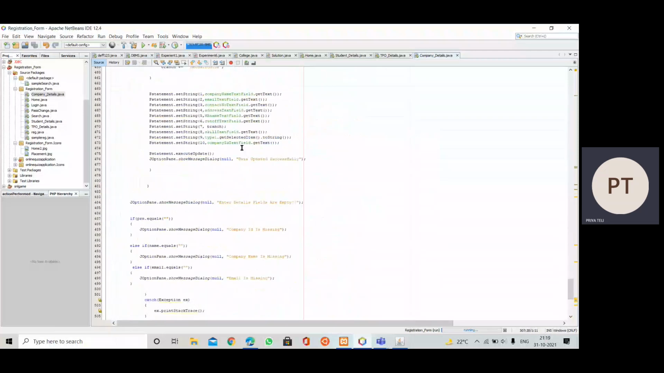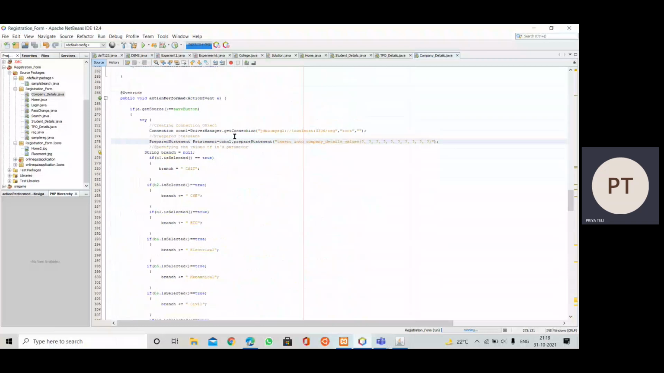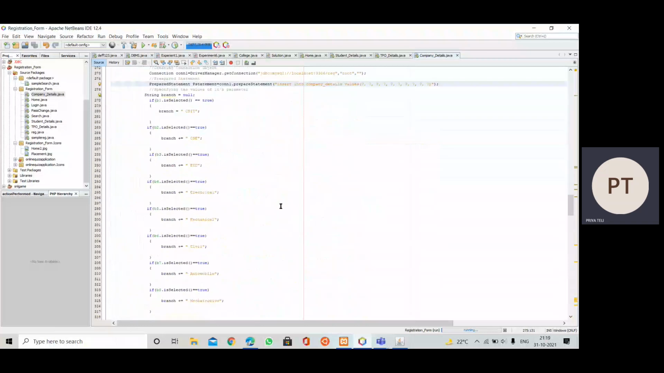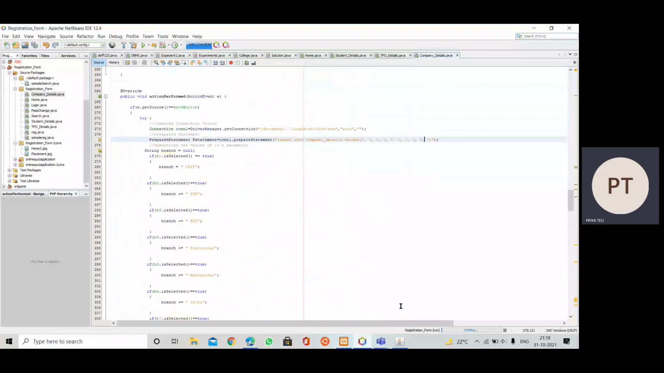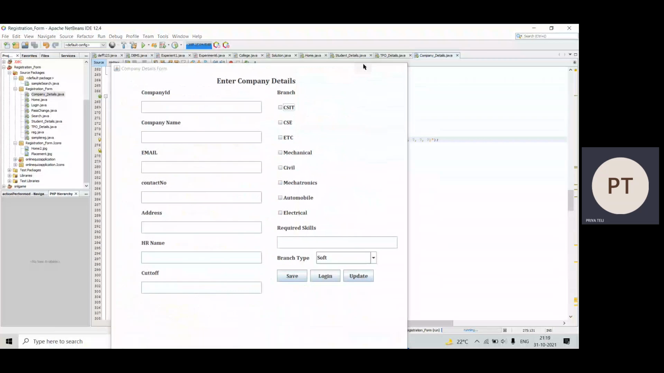So in case of the save button, we are inserting these details which are entered into the database. We have used the insert query here, and everything else is the same as we discussed in the previous video. The new thing here is that the value selected from this checkbox is inserted into a single